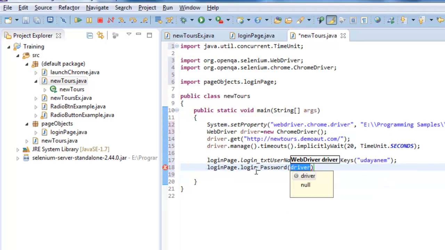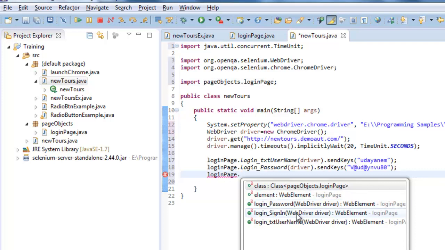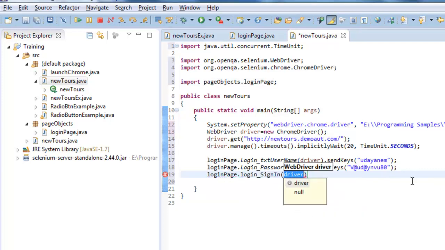So I invoke this method where I'm passing the same driver instance, and I'm entering the password as this, and afterwards I want to click on the sign in button. For that, I will just invoke this method, like click on sign in of driver, and just click on this.